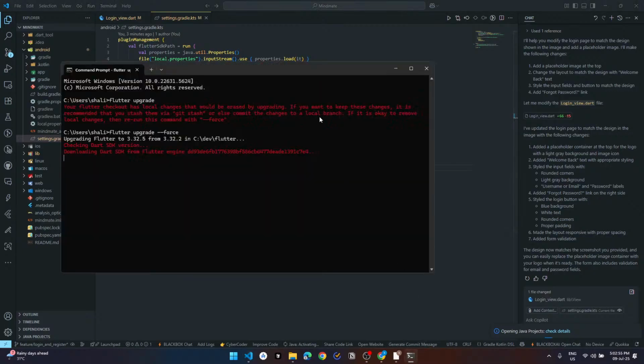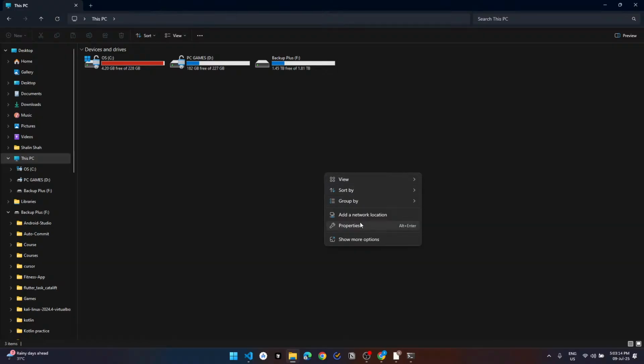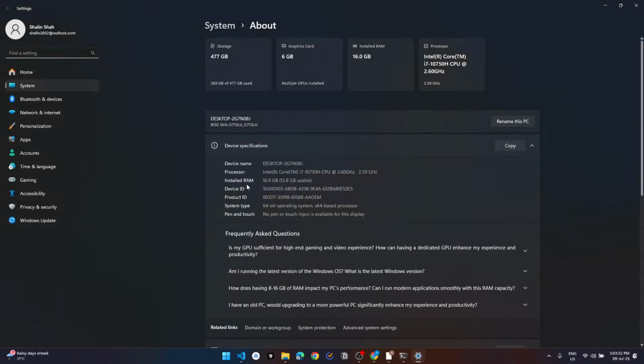I'm going to start my stream using some webcam, or I don't have any webcam on my laptop right now. Although I have a ROG, let's just show what my specs are. I have an Intel Core i7 10th Gen 2.60 gigahertz, and 16 GB of RAM.